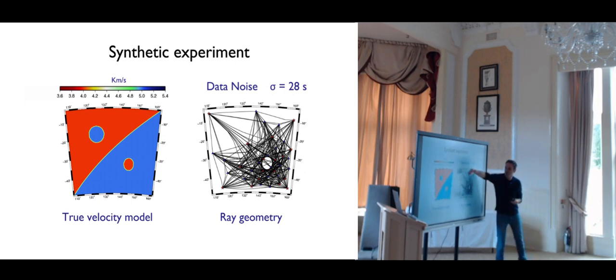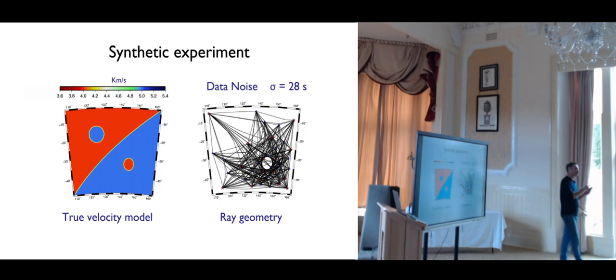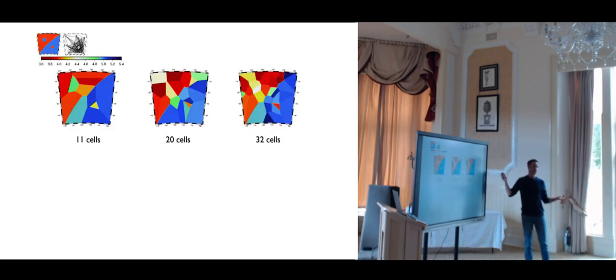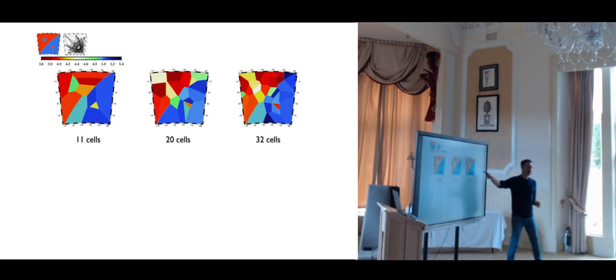So we expect a low resolution in this area. We put a lot of information on one side and not a lot of information on the other side to see if we are going to have small cells in one area and so on. So the solution, again, is going to be an ensemble of millions of models that are Voronoi models. Some are complicated and fit the data.